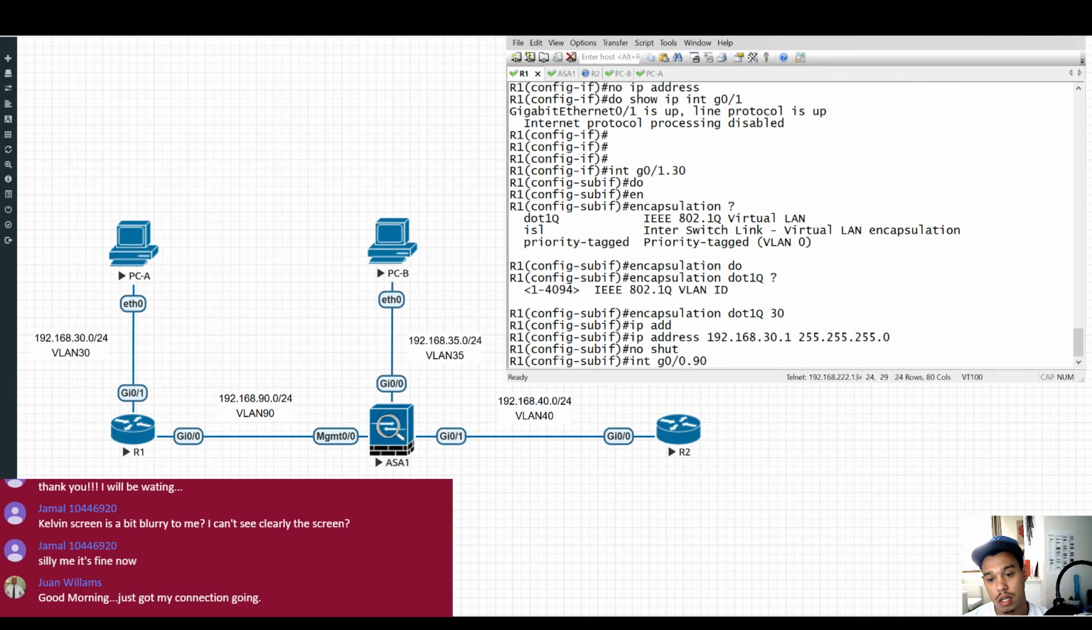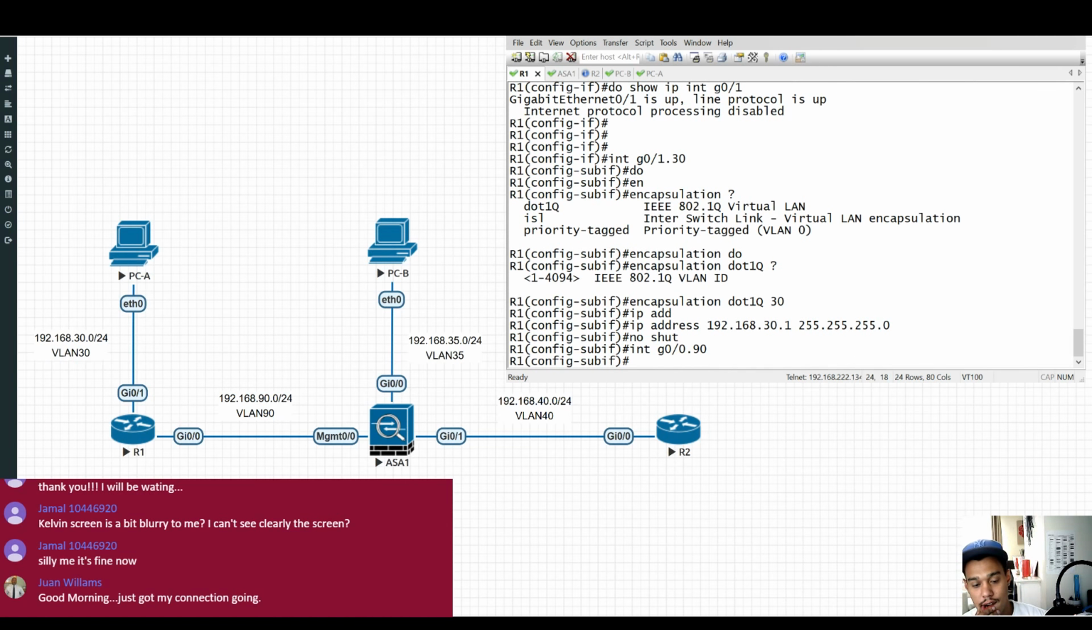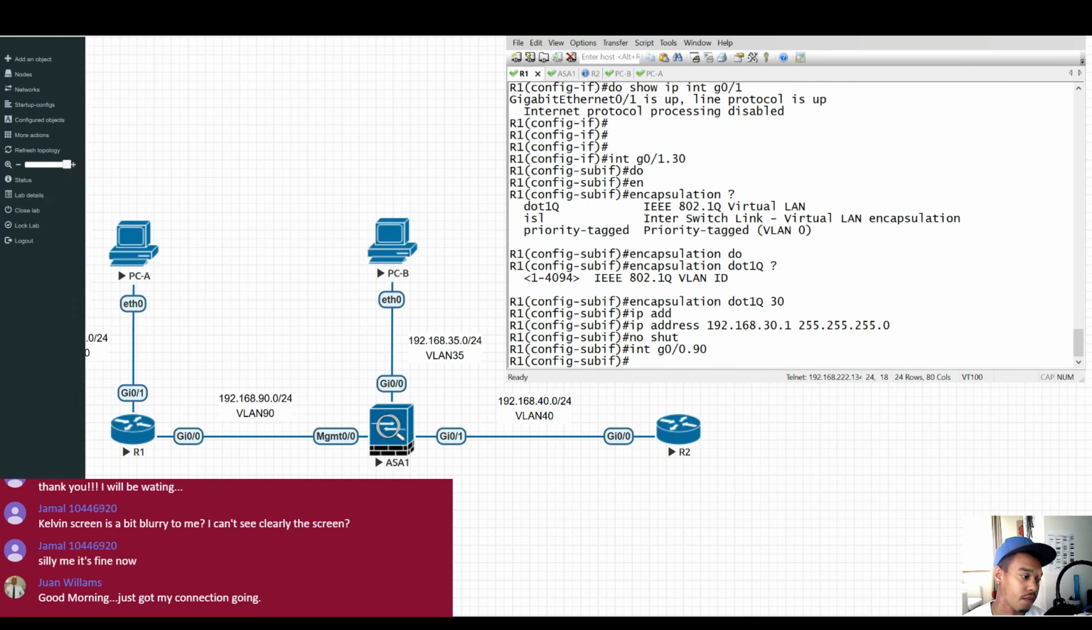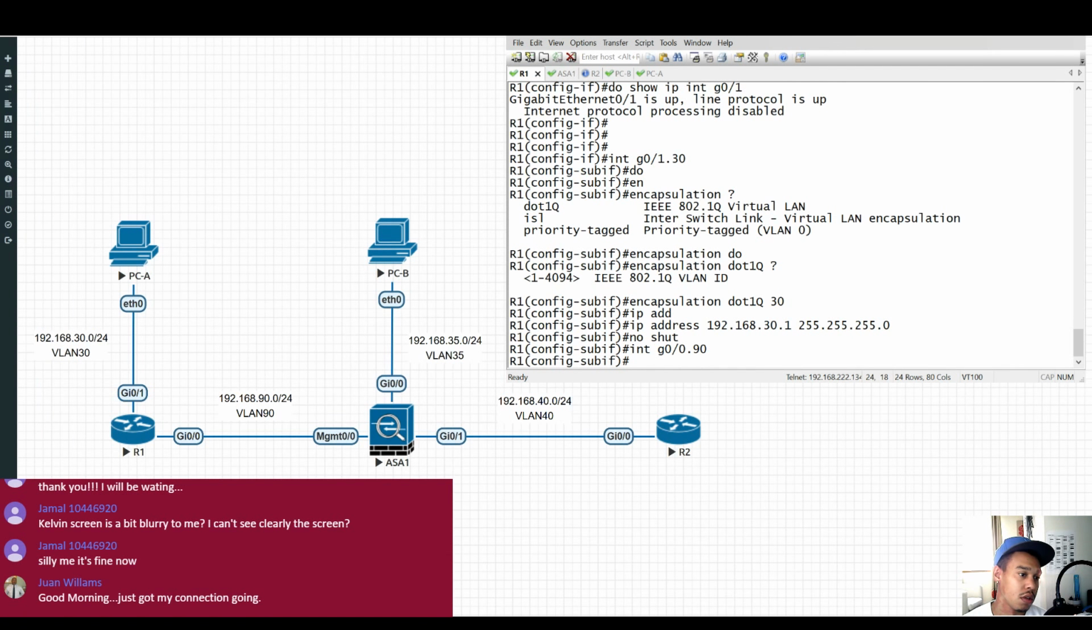Cool, so it's up. We'll just look at one. I think we need to do the IP address. Yes, we do. Gigabit 0/1. And just do that again. So yep. Alright, cool. So we'll assign Gigabit 0/1